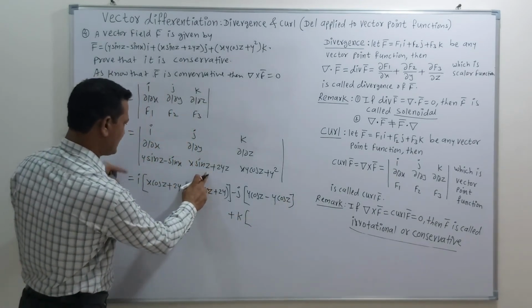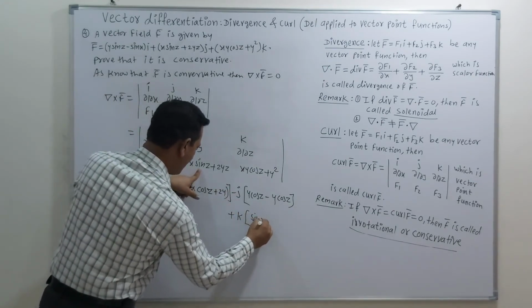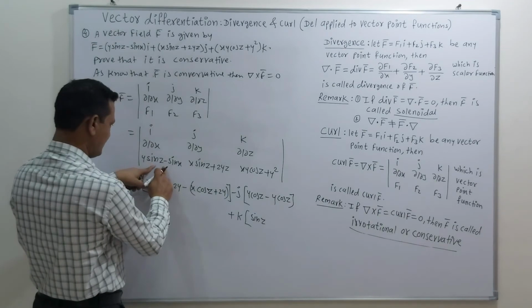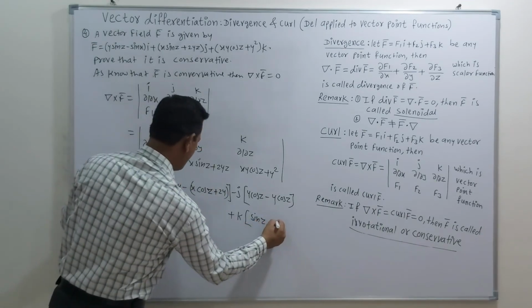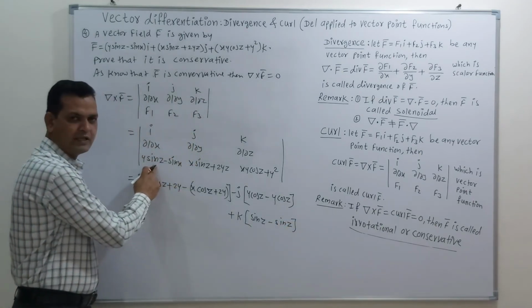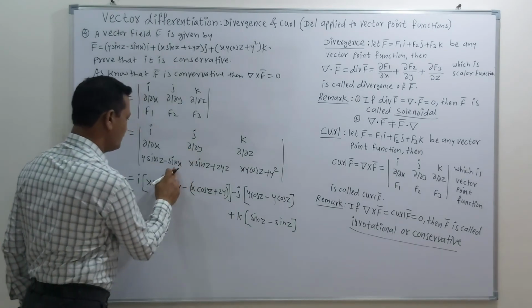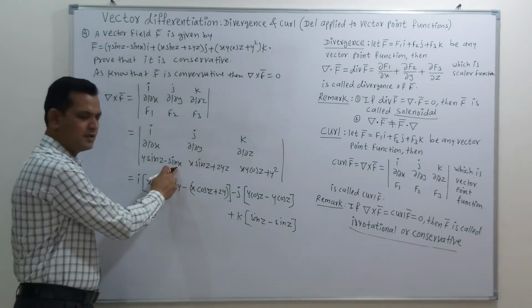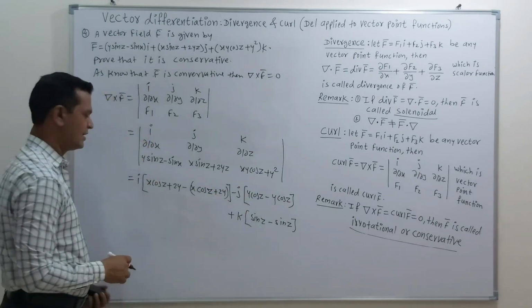Then take the derivative of this term with respect to x, which is sine of z. Then again take the derivative of this term with respect to y. So we get this as minus sine of z. Derivative of y with respect to y is 1, and this sine z is constant. Then we are taking derivative with respect to y, that's why this is also constant and this value is 0. So in this way we can easily simplify this determinant.